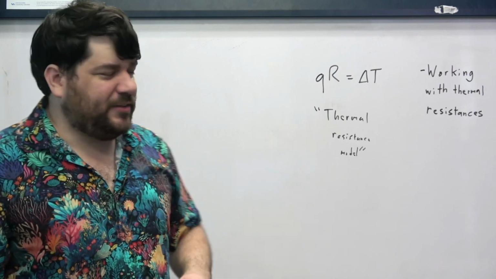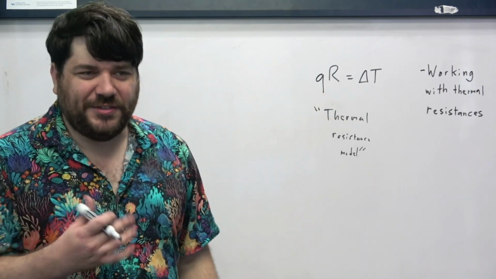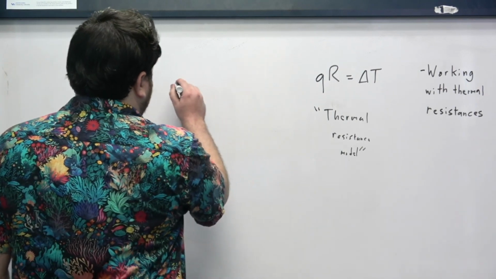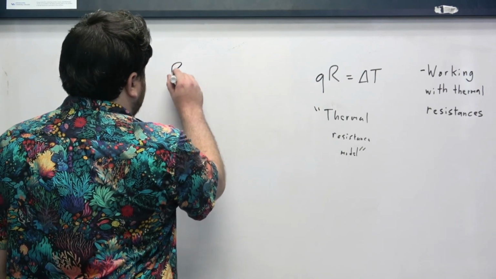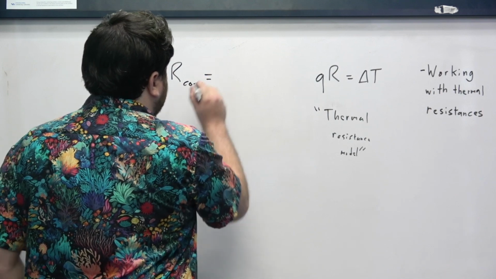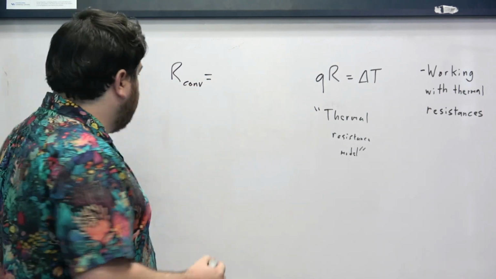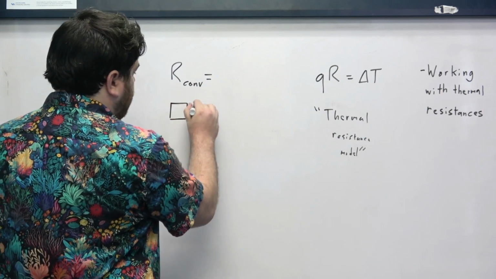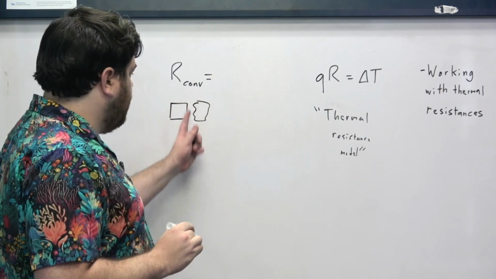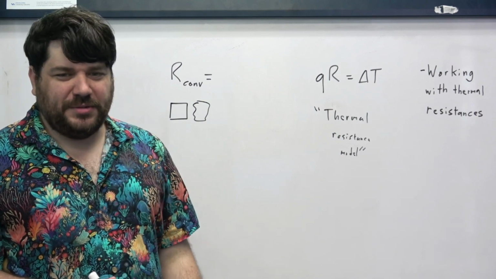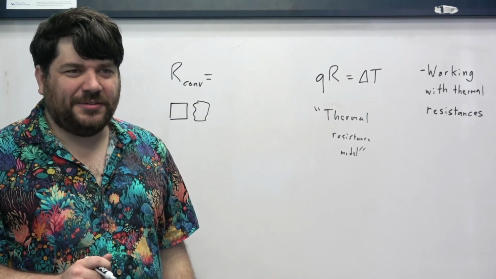So before we get to that, let's just write down what these resistances are for the different systems that we've seen so far. Right. So to start off, we need to write down what is the resistance for a convective element, right? So I have, like I drew before, my wall in contact with some air. There's a heat transfer coefficient between these two things. What is the